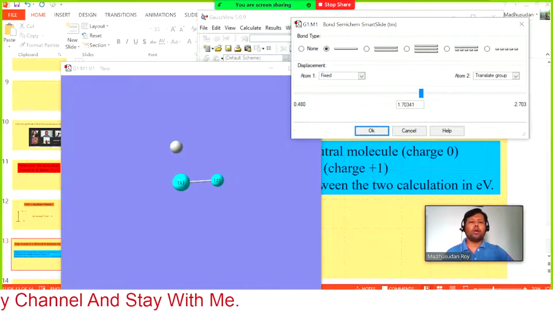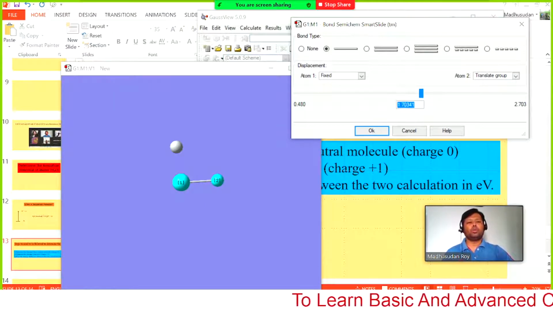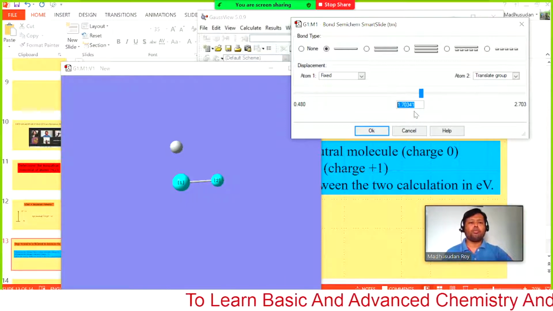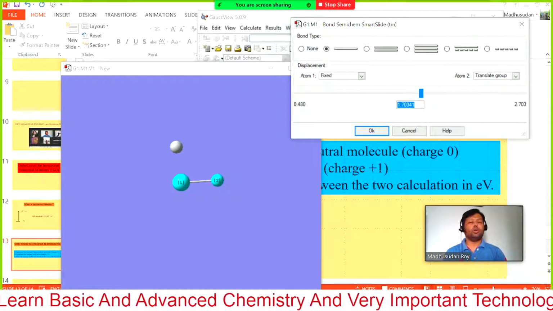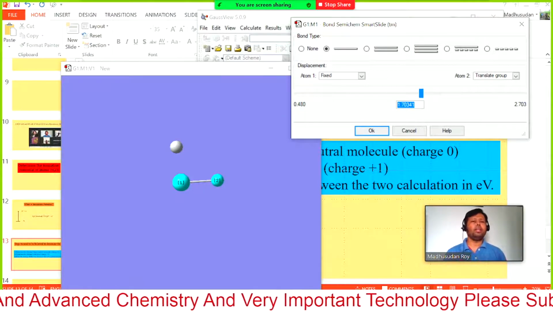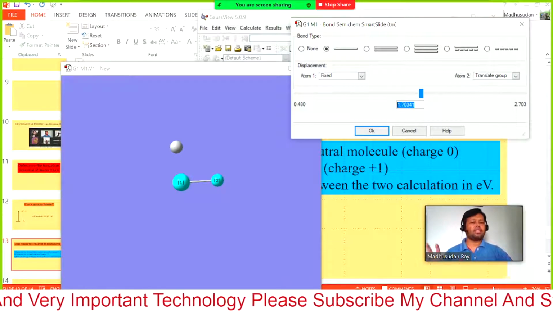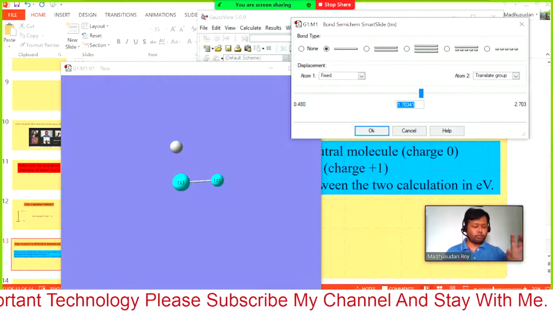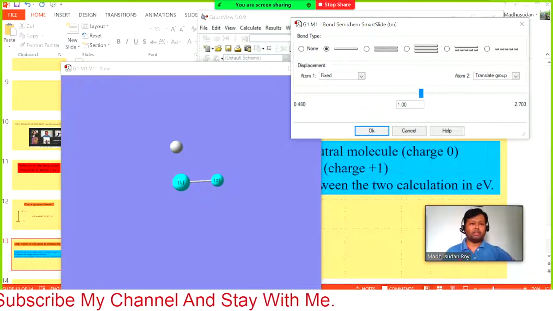Now it shows the bond length, that means the distance between oxygen and hydrogen. We want to make the bond length a little bit shorter. Right now it shows 1.70 Angstrom. We do not know exactly how much, but maybe it should be around 0.56 Angstrom, something like this. Not exactly, I cannot remember. However, let us put 1 Angstrom, 1.00, that will be okay.